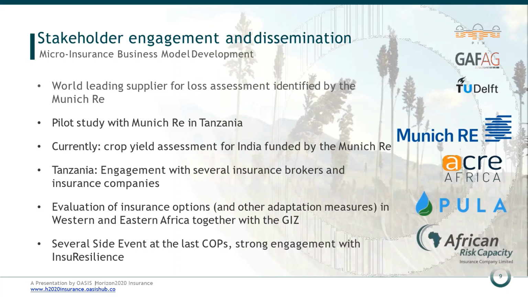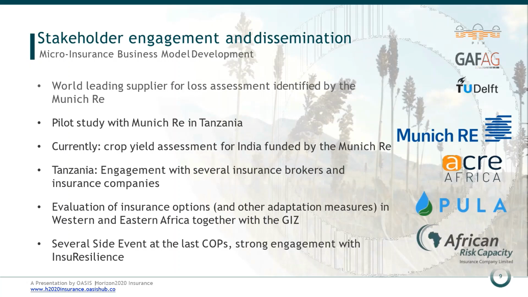So we are also working with several other small insurance brokers and insurance companies in Eastern Africa, ACRE, Pula, also with the African Risk Capacity, not directly working in Tanzania, but in many other countries in sub-Saharan Africa. And also we are trying to evaluate insurance schemes around the world, but also mainly in sub-Saharan Africa, also together with the GIZ, not only focusing on insurance schemes, but also focusing on other